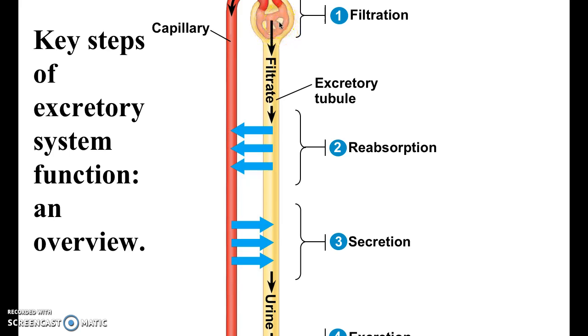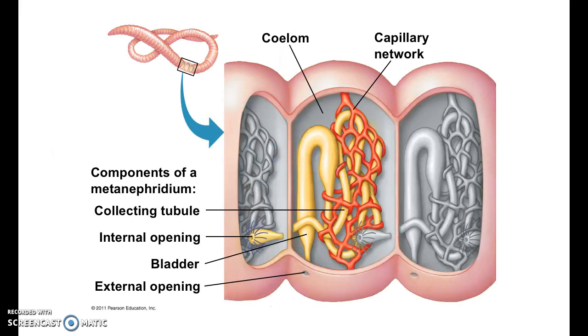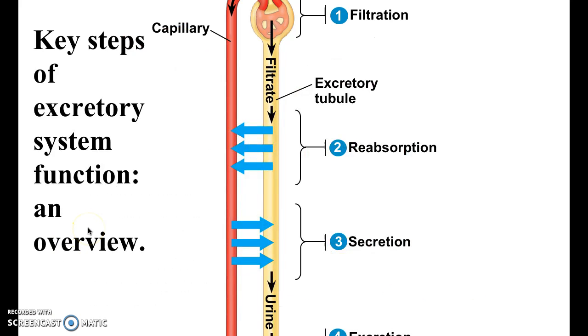molecules like glucose through, unless there is an excess of glucose in your bloodstream. For example, if you're diabetic, you're going to see a lot of glucose in the urine because there's so much of it, the body has to excrete it in some way, shape, or form. If you're not diabetic, then you should not see any kind of glucose